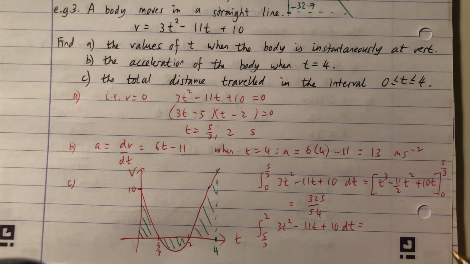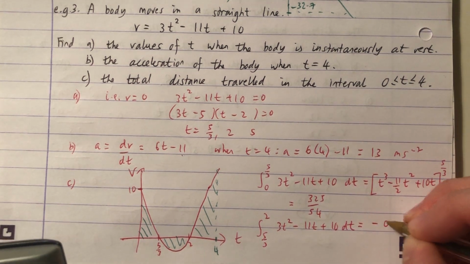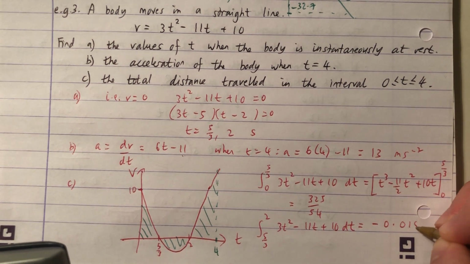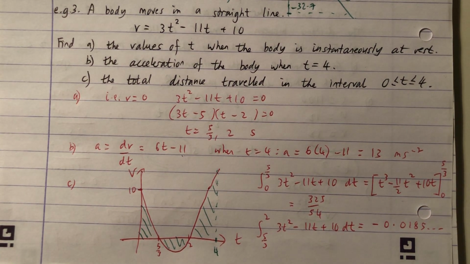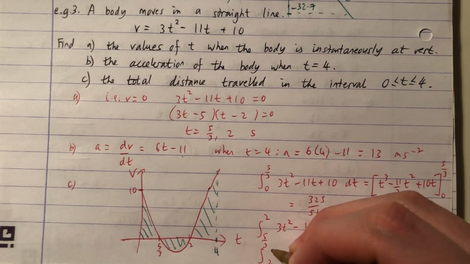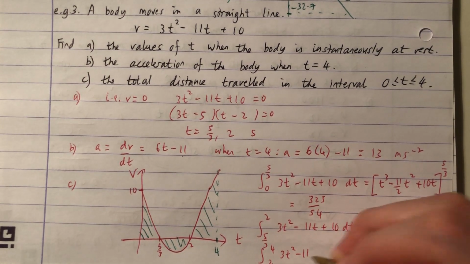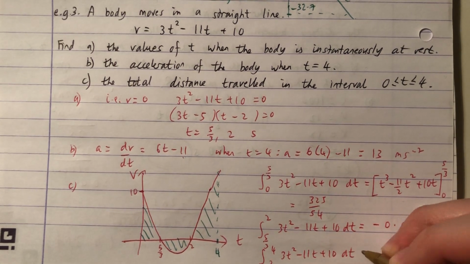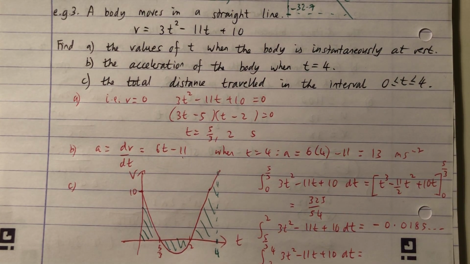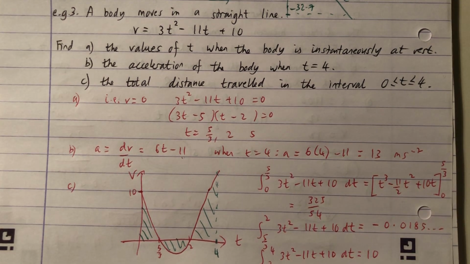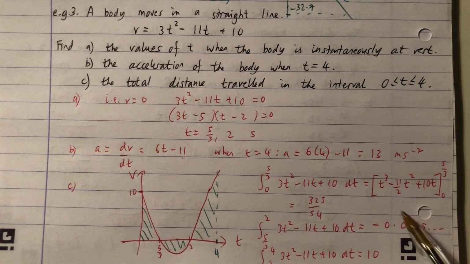And this will be a negative because it's below the axis, so that's negative 0.0185... And then finally between 2 and 4, that would be 10. And then the total distance would be these three added up,